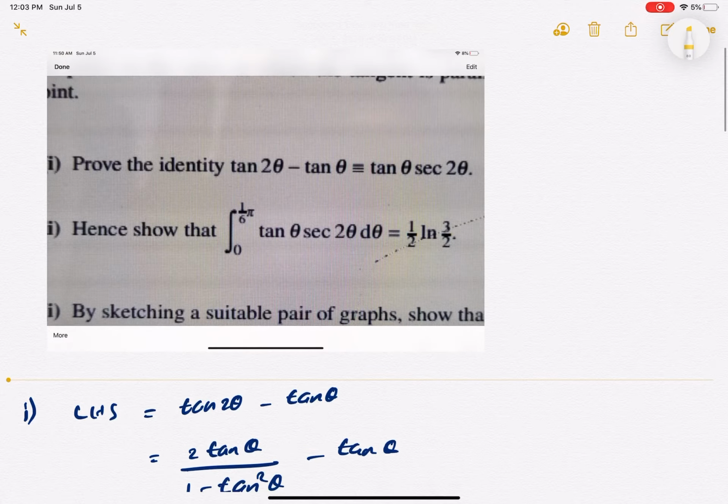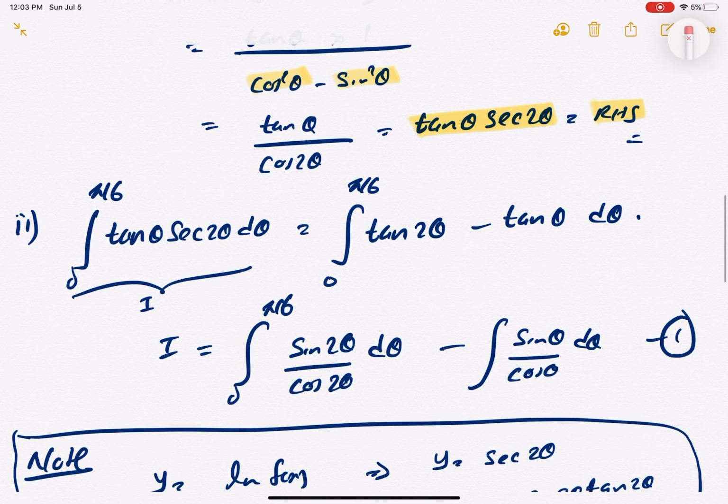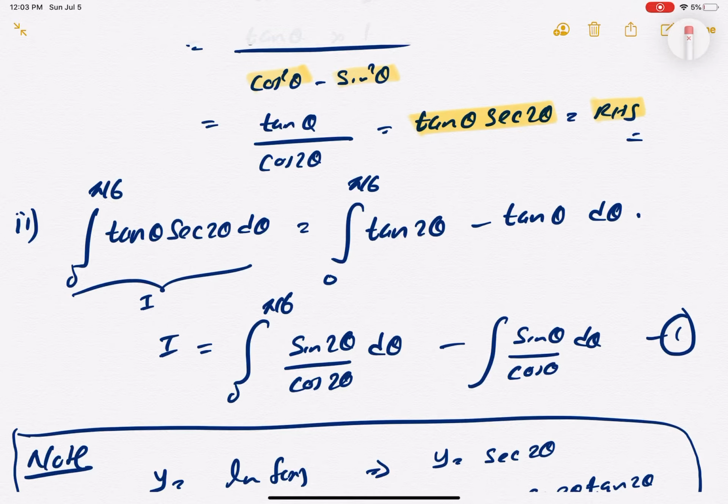And then they say hence show that the integral from 0 to pi by 6 of tan theta sec 2 theta d theta is equal to half ln 3 by 2. In other words, they wanted us to integrate the right hand side and show that it is equal to half ln 3 by 2. So here I've started with the given integral. Since we have already proved the identity, I can use the left hand side of the identity instead of the right hand side, which is the integral from 0 to pi by 6 of tan 2 theta